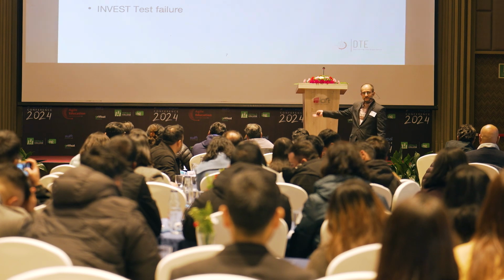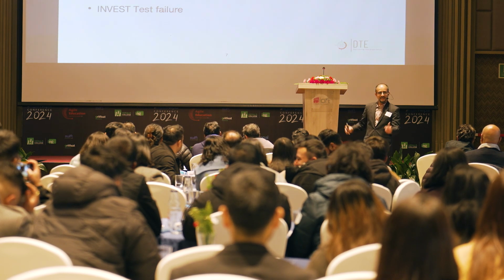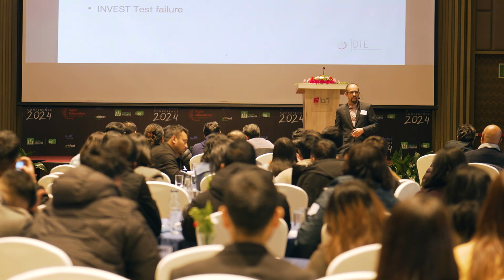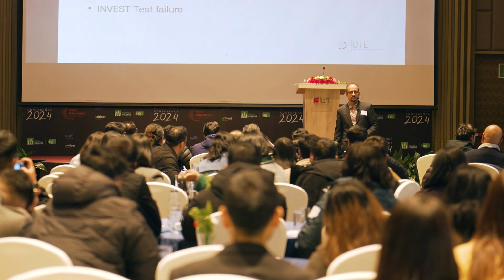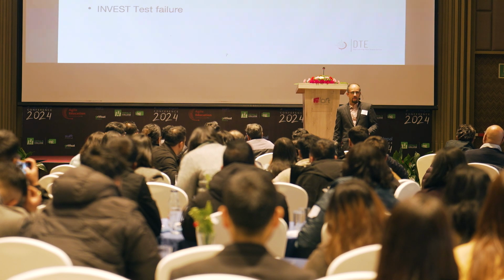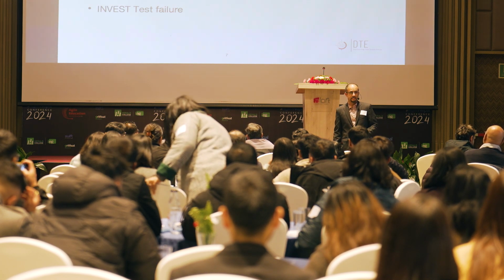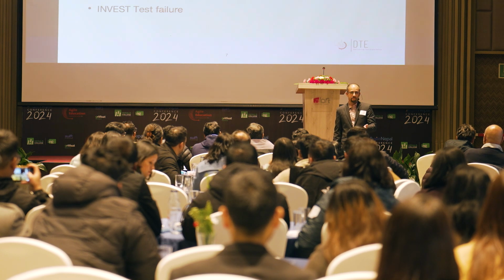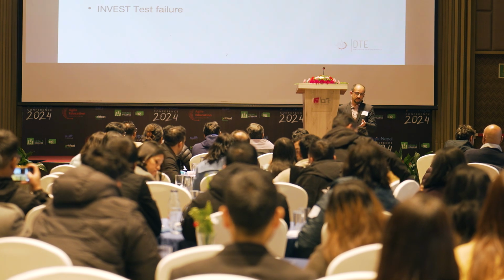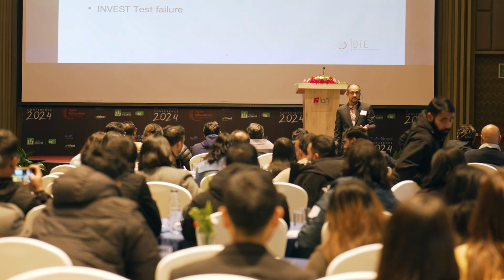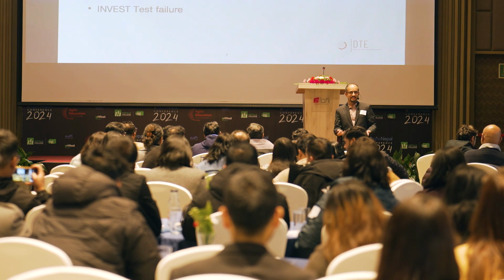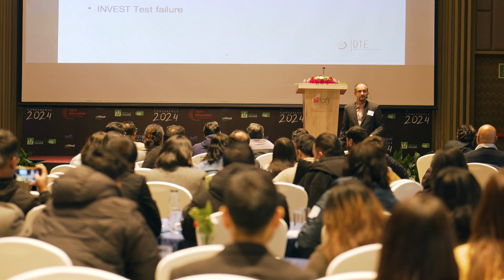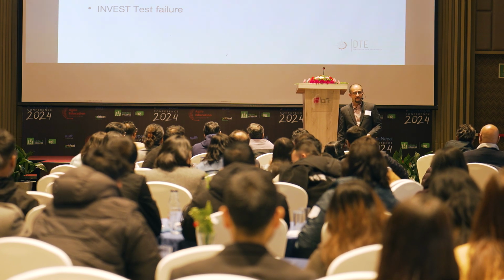Even if you ignore everything in INVEST and only pick S and T, that should help you pass the INVEST test. Is the story small enough to be completed in 1 sprint? Yes or no? And do we know how we're going to test it? Say we're baking a 2-pound double-tier chocolate fudge cake. How are we going to test it? Well, do I see 2 tiers? Yes. When I taste it, is it chocolate? Yes. Is it chocolate fudge? Yes. That's how I'm going to test it, right? But when we ask the team, oh, we don't know how to test it.